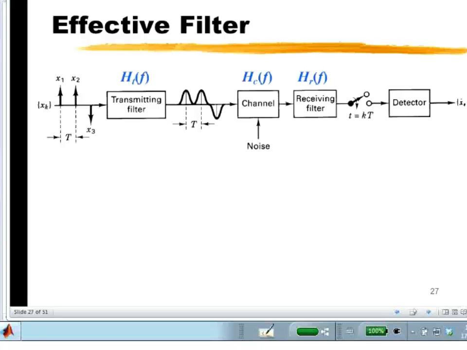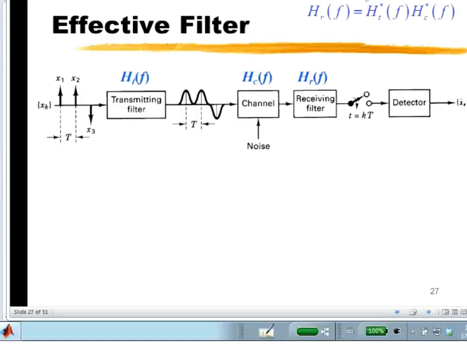So we would choose the impulse response of this filter to be equal to the pulse shape that we want to achieve. After the transmission of the pulse train, it would go through a channel which introduces noise, go into a receiver that filters in some way or other, a sampling receiver, and then it would sample, it would go into the threshold